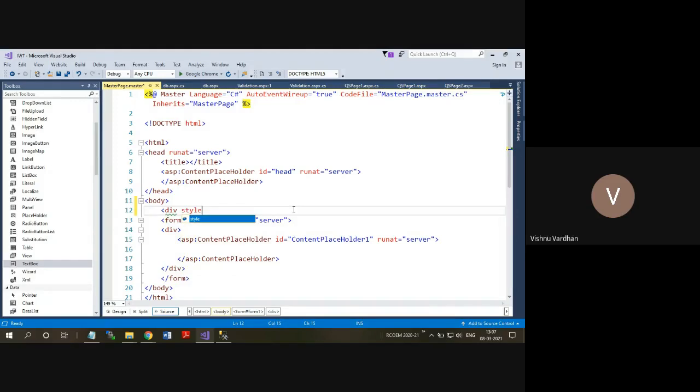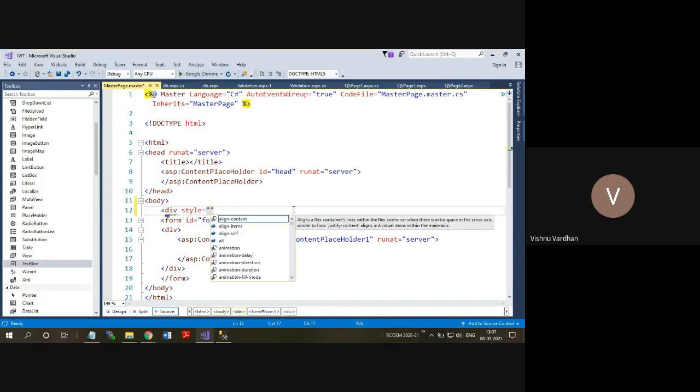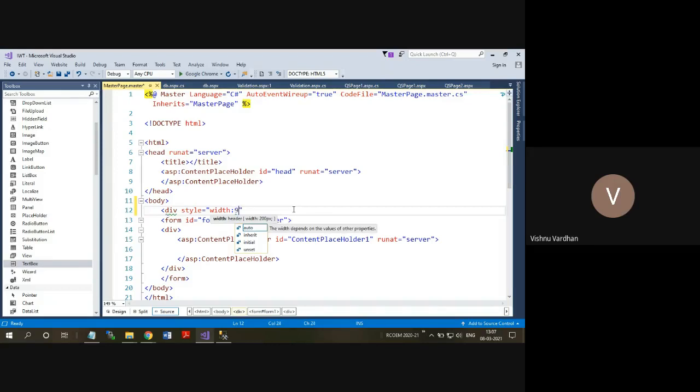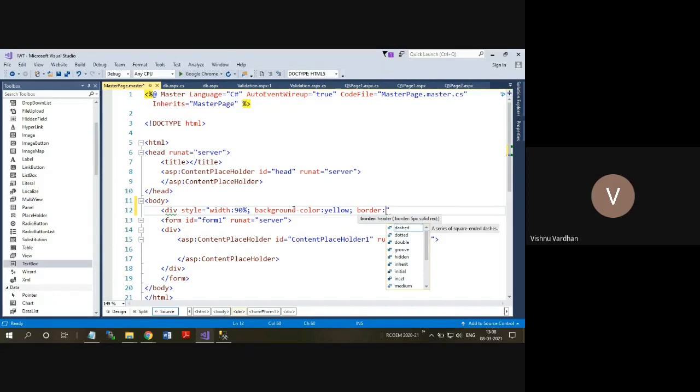Right now I will implement inline styling. Width is equal to some 90%. Background color, you can use yellow, and border maybe solid, 5 pixels solid gray.